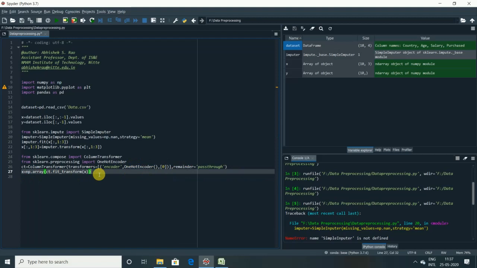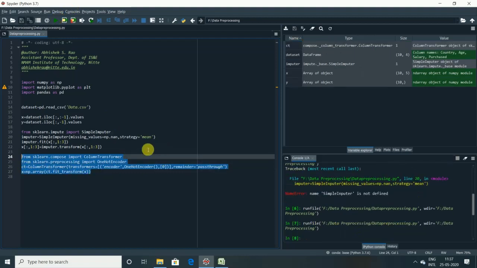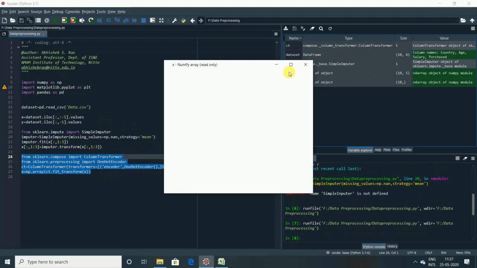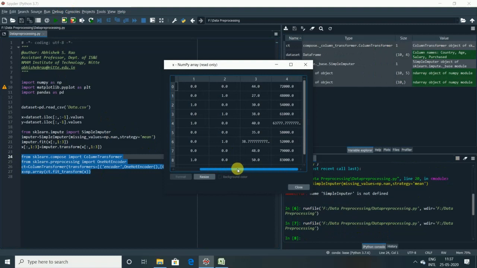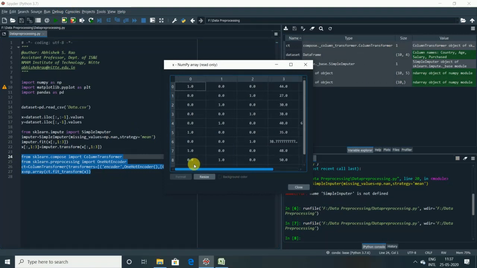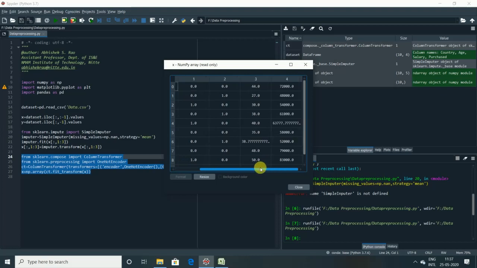Okay, now we have correctly applied this transformation with the one hot encoder to the column of this matrix of features X. Let us execute all these four lines, and we'll see the output. Okay, let us see X. Yes, you can see the first 3 columns, guys. Actually, how many columns were there? Now how many columns are there? Right, 3 columns were there. Now there are 5 columns, 0 to 4.